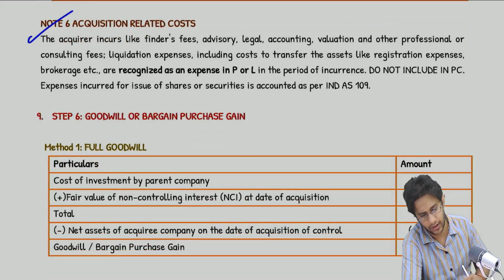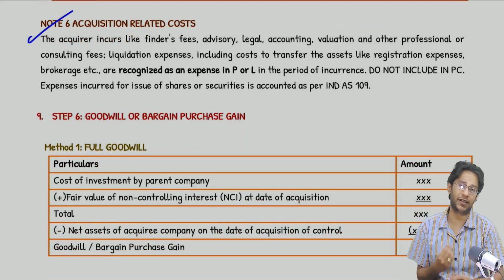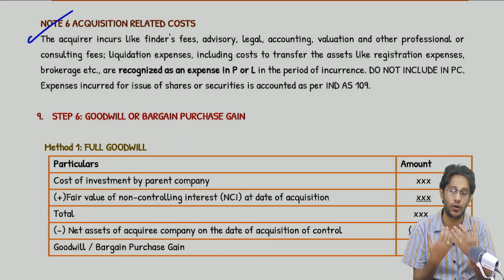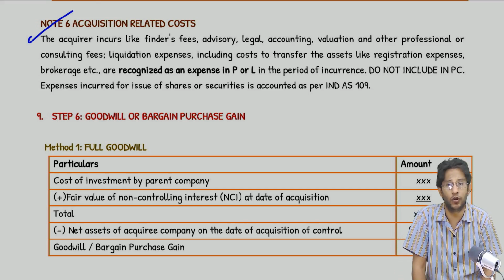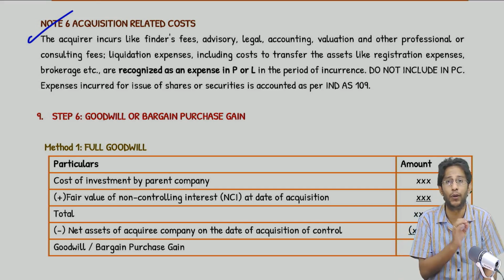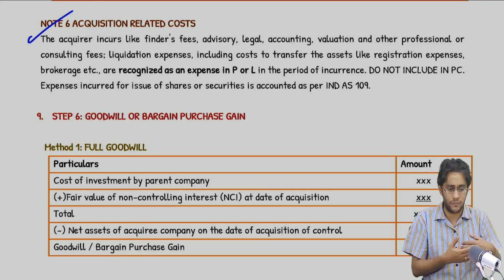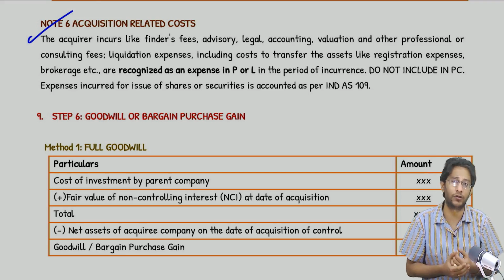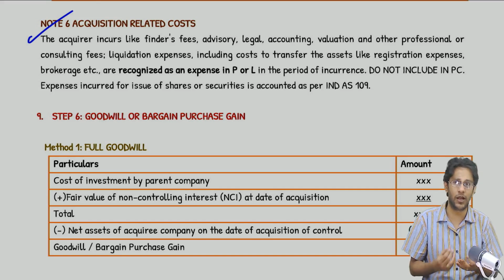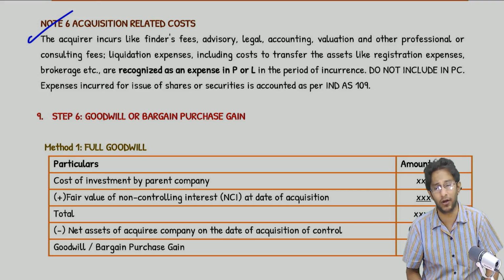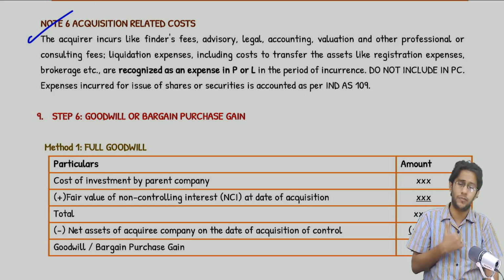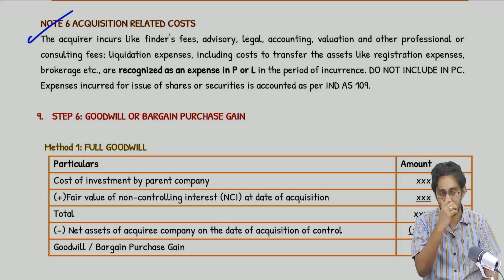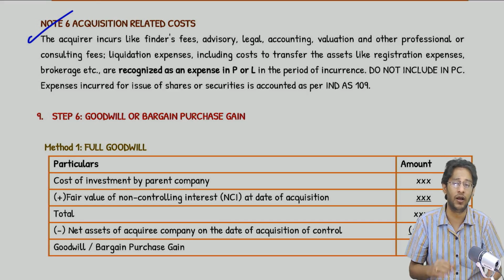Next, acquisition related costs. The legal expenses, or the costs of getting the assets registered in the name of the acquirer, whatever costs you incur, all that cost should be transferred to PRL as an expense. When an amalgamation or a control acquisition happens, there will be legal expenses, brokerage commissions paid, and some registration charges. For example, the assets and liabilities are in the name of the other company, and now I have to transfer them into my name. In the process, I have to pay so many registration charges, stamp duties and so on.